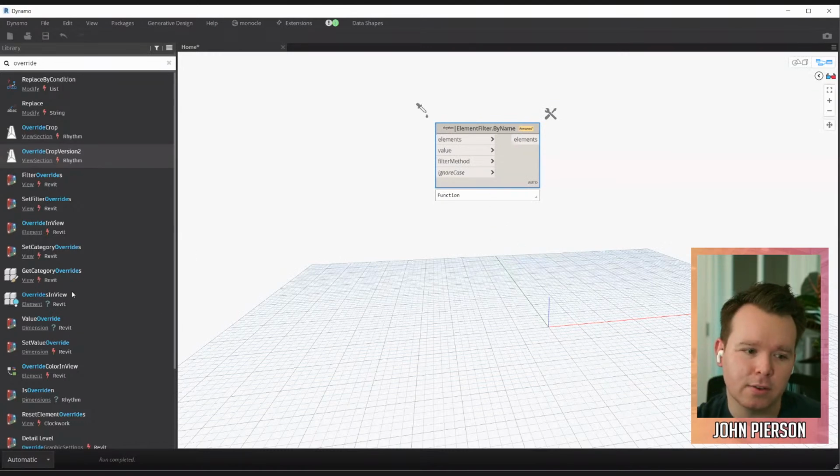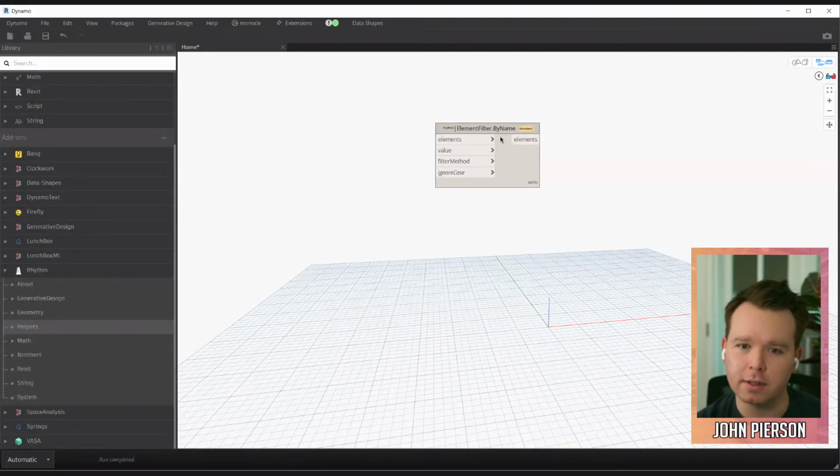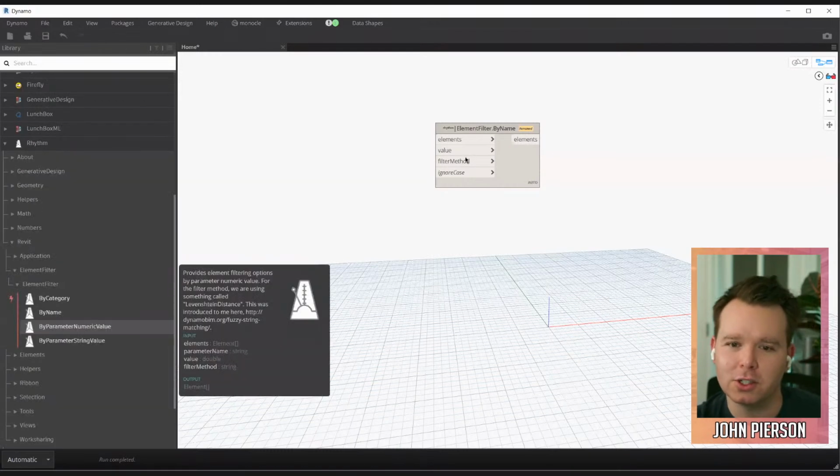There are several of them in here, and if you hover, it describes how it's done. It's using an algorithm called fuzzy string matching, or Levenshtein distance, which I learned from the Dynamo blog. A couple of people made a package called Fuzzy Dino that does string matching. The reason it does stuff like that is because if I want people to be able to filter things,